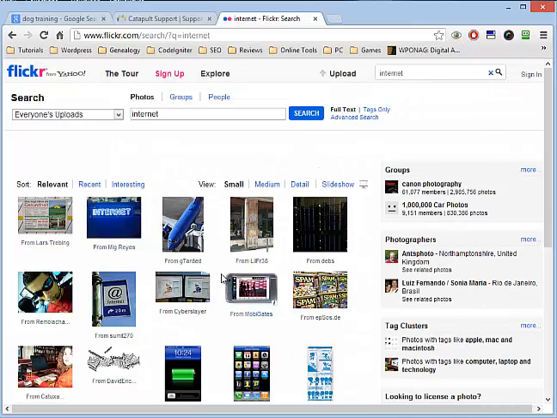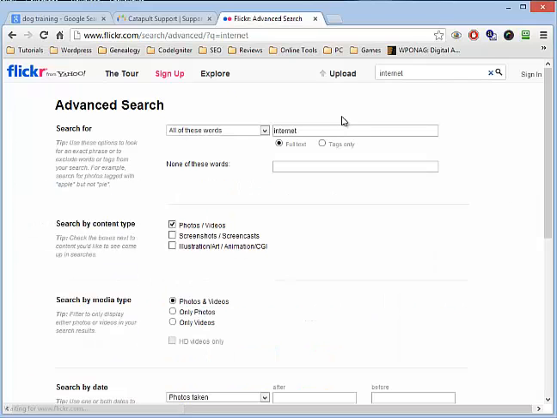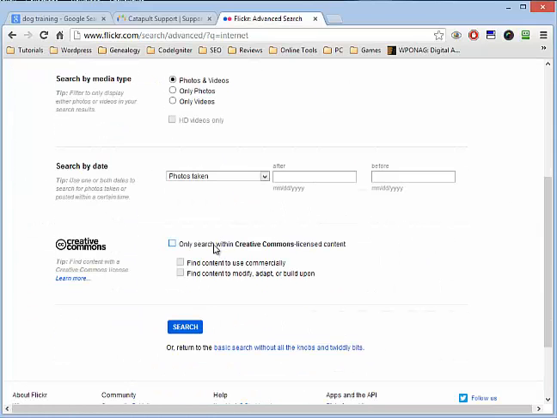And as you can see, lots of images and an advanced search here. So we click on advanced search, scroll down, only search within Creative Commons licensed content, which is the public domain content, and find content to use commercially, because some are public domain but they specifically don't want them used commercially. So then we do a search,